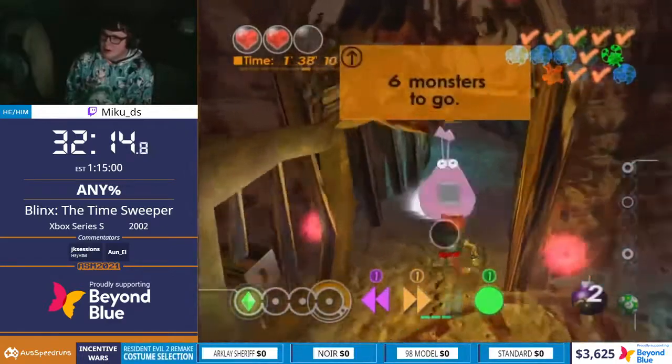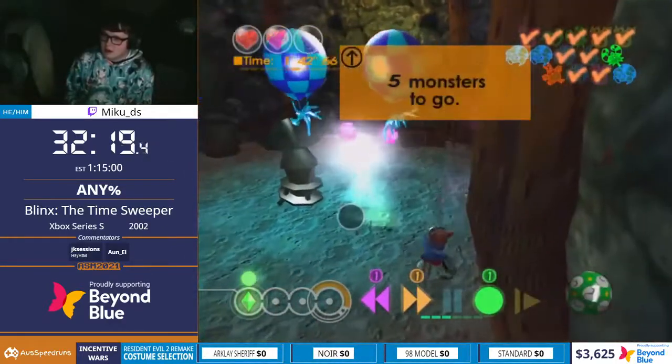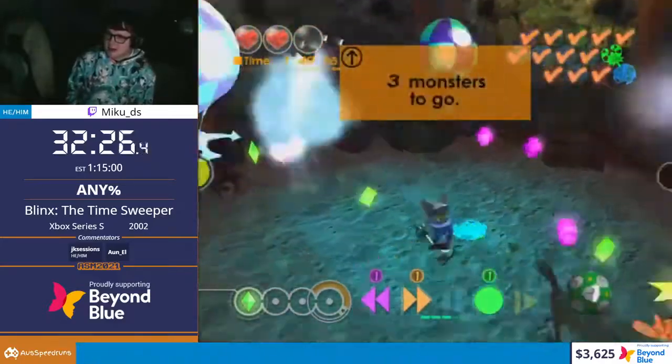This door hitbox is terrible, so I'm just trying to lure out the purple cone above. Oh, activated the side flip there. And yeah,